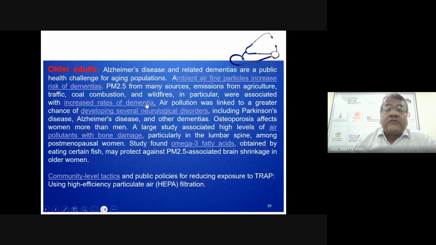In dementia, there is a loss of memory. In dementia, less concentration. People feel isolated. Mainly the memory is affected. So the air pollution was linked to the greater chance of developing several neurological disorders, including